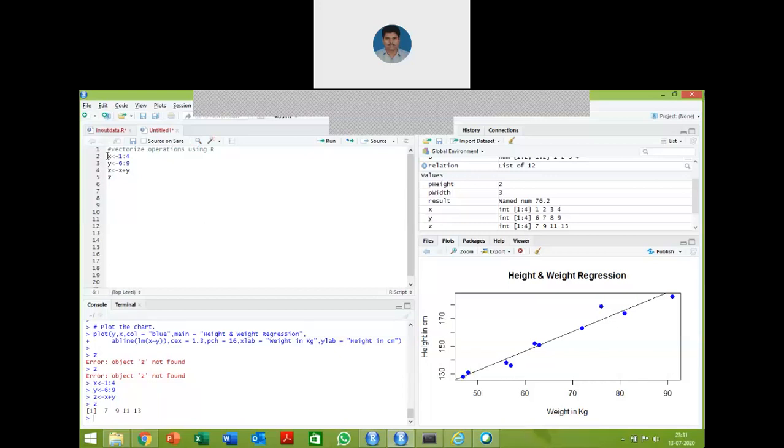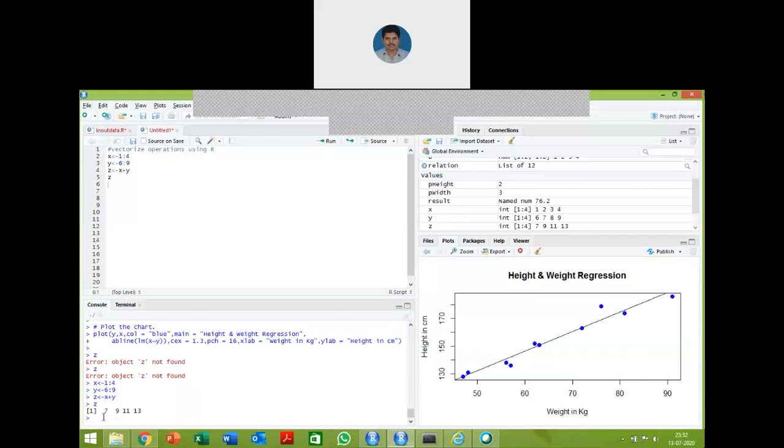So you can directly create the vectors at the command prompt. Then you can directly print the vector value of z. So you will get the addition of two vectors result.